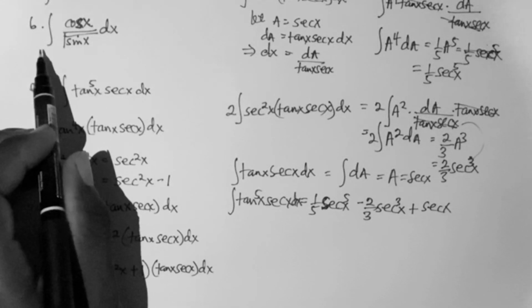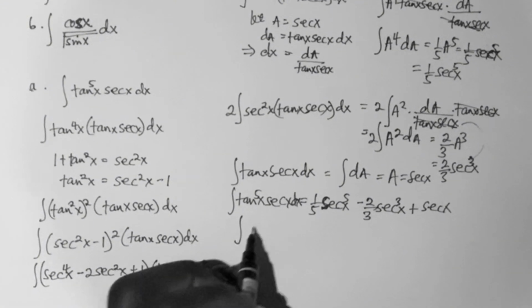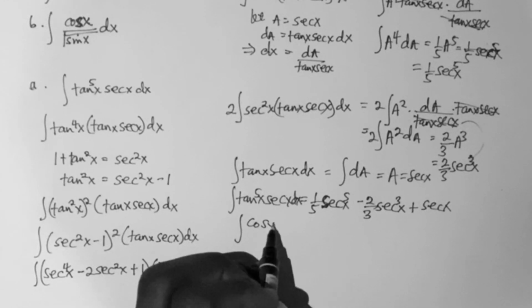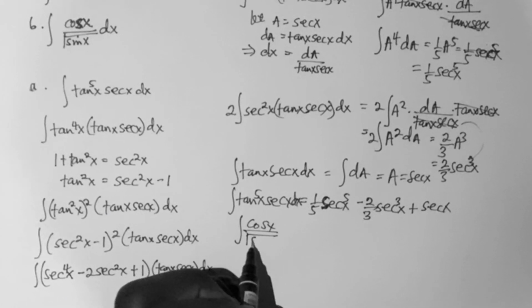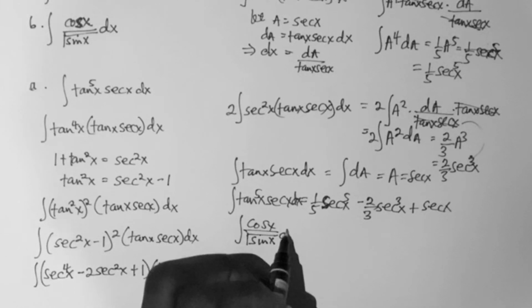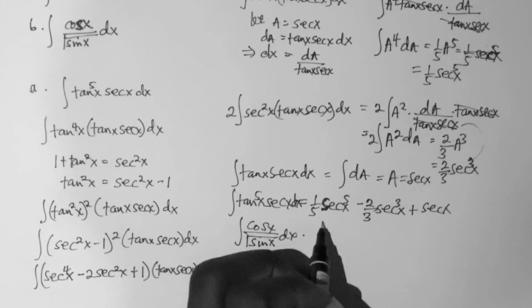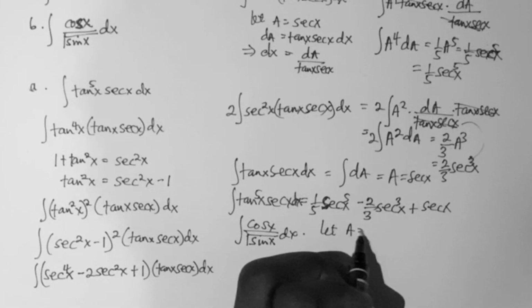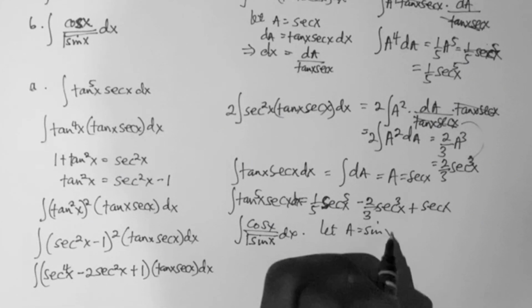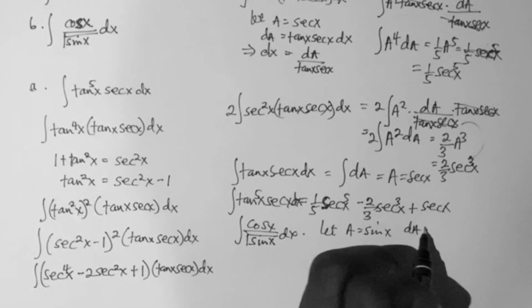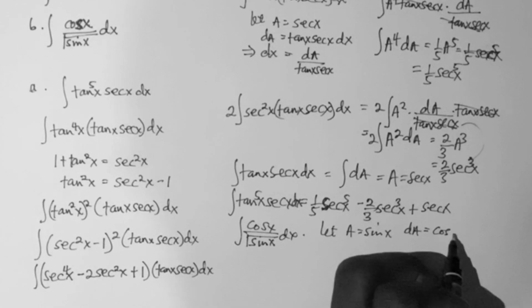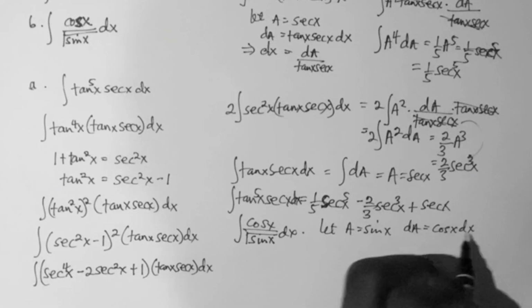Now let's come to the b part. The b part says we should integrate cos x divided by square root of sine x dx. So let's let a be equal to sine x. So dA is equal to cos x dx. So this implies that